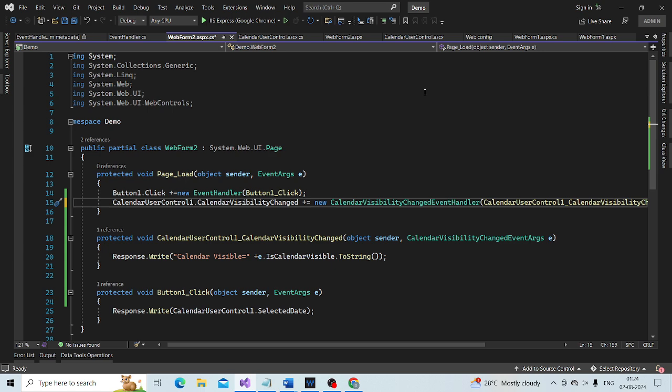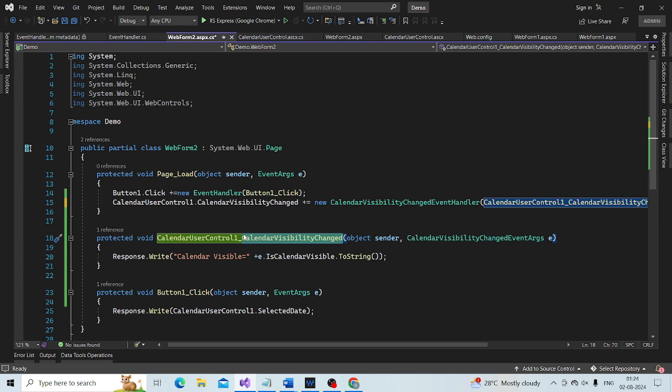Where is the calendar visibility change event? Here it is. Once again, page load event happens before the actual calendar visibility change event is raised.